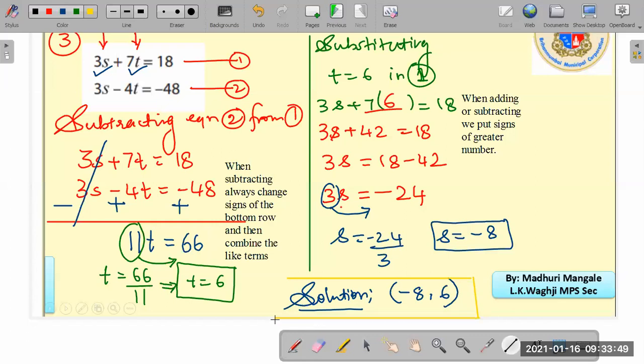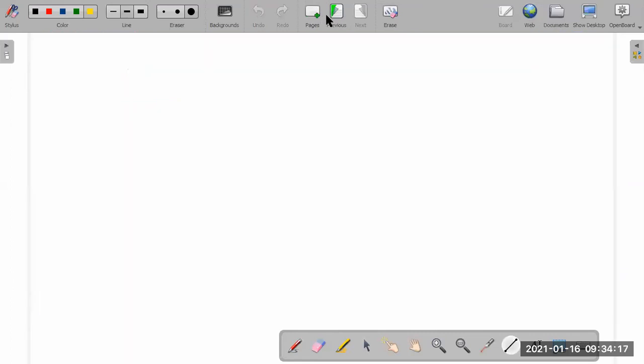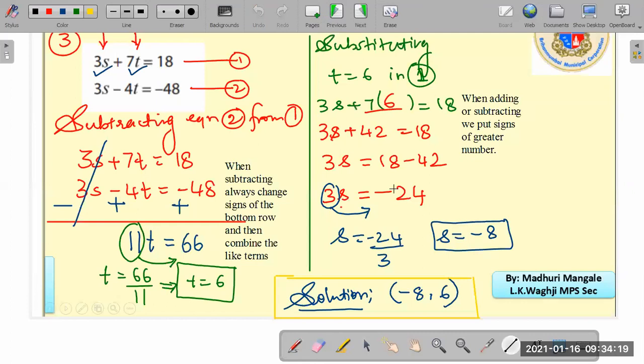And now if you wish, you can try this out on the graphing calculator, which is called Desmos. Put these equations in and try to check if you get the same solution. It is just for your knowledge, how to use various tools to solve linear equations. And we move to the next question. Let us look at one more question.